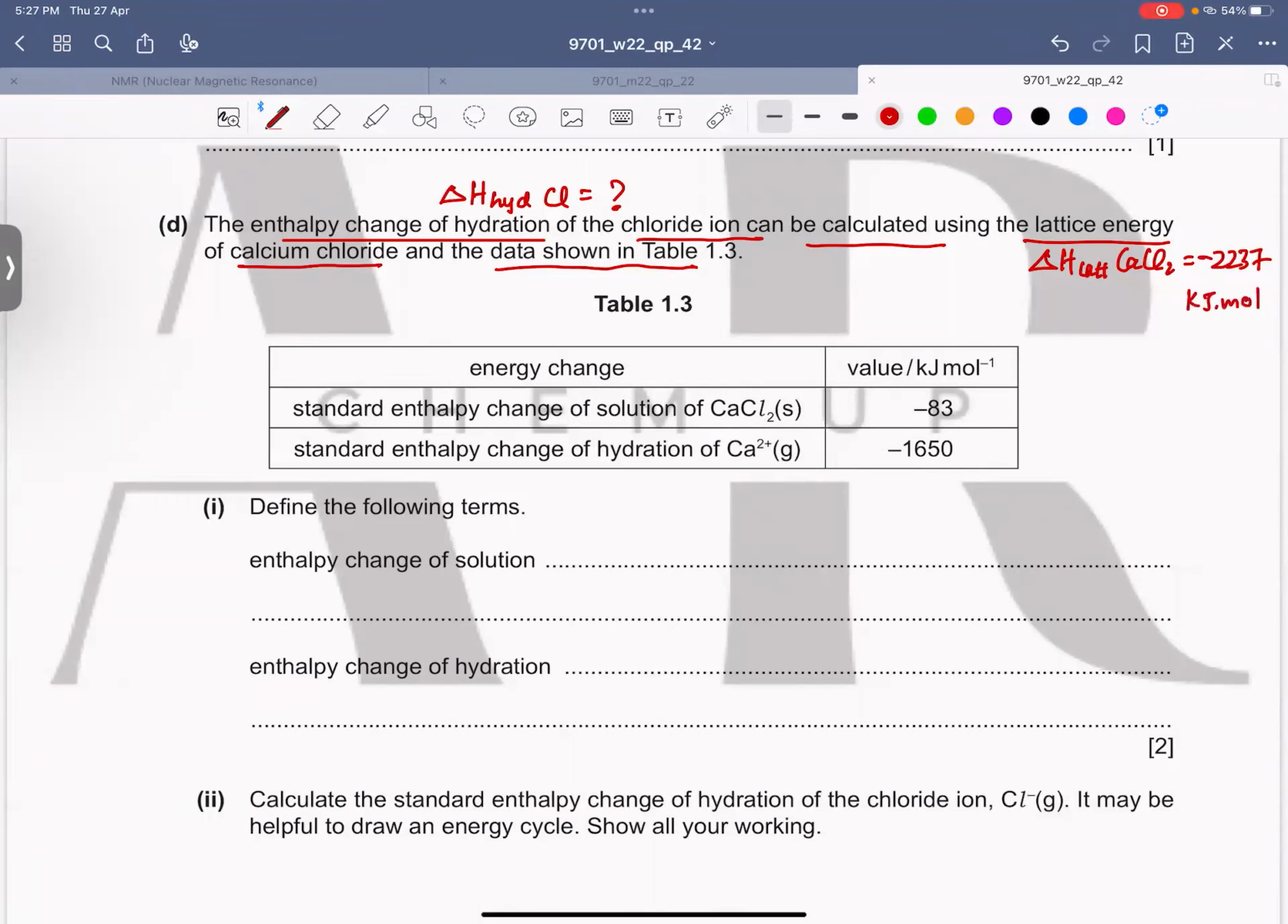What else have they provided to you? That there is an enthalpy change of solution of calcium chloride and